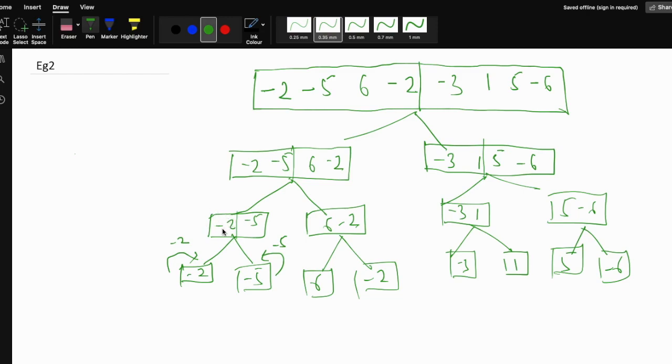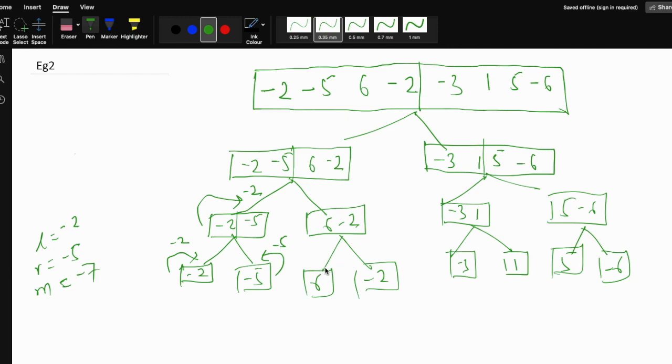So I have to calculate the leftmost and the rightmost, and add the values. Left has value -2, right has value -5, and as we have only single values, the mid value will be -2 plus -5, which is -7. We have to calculate the maximum among these three, which is -2. So -2 will be returned here.